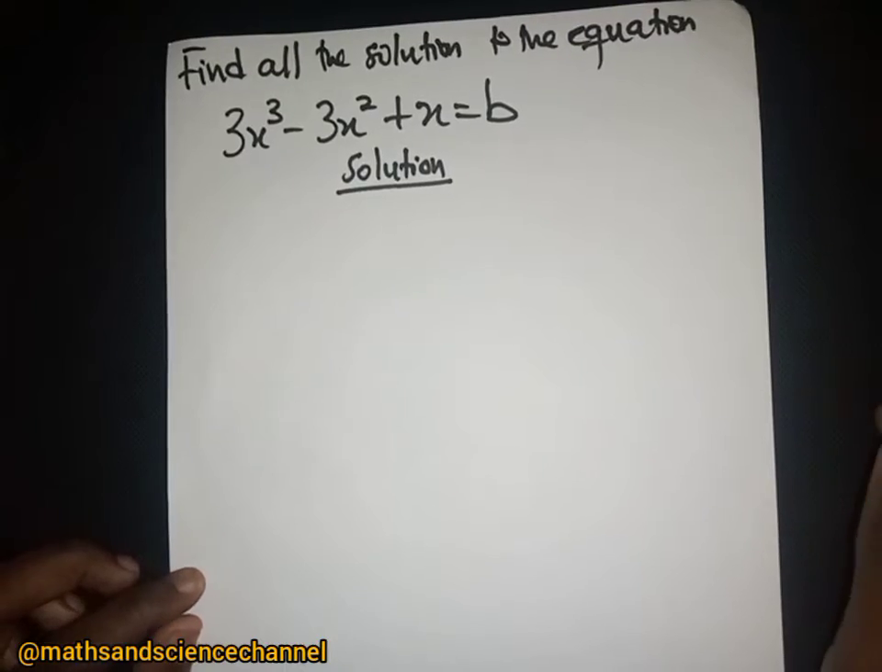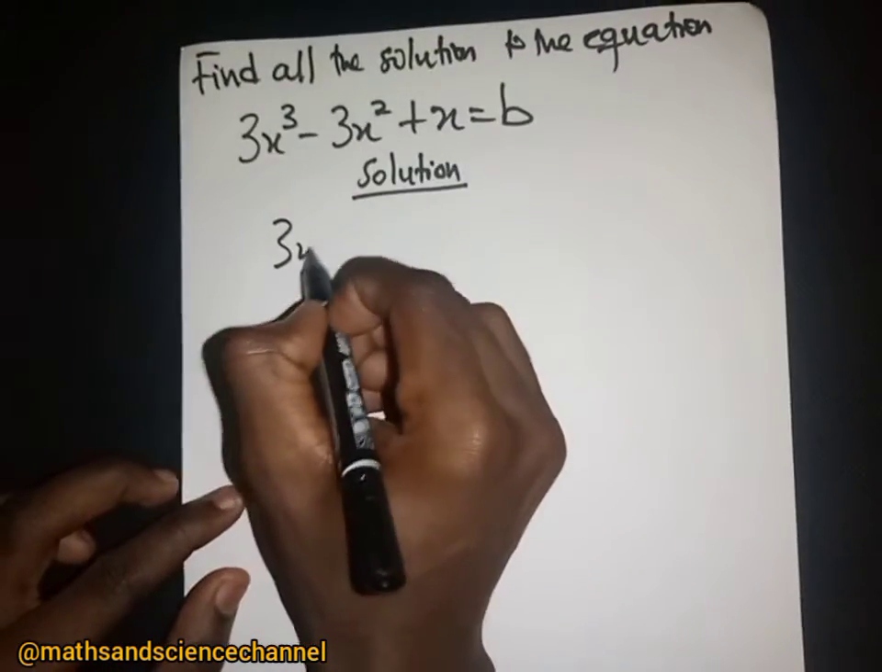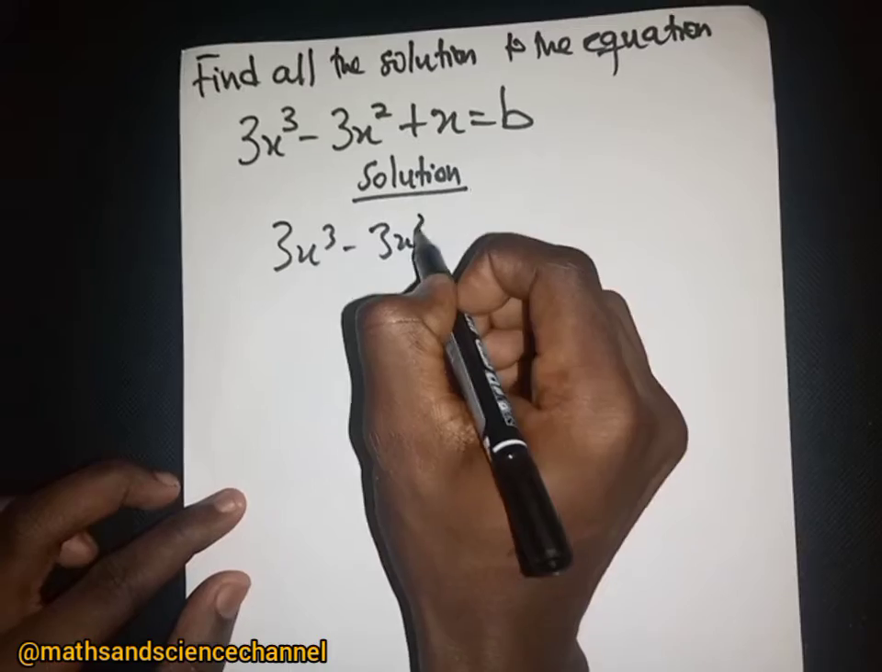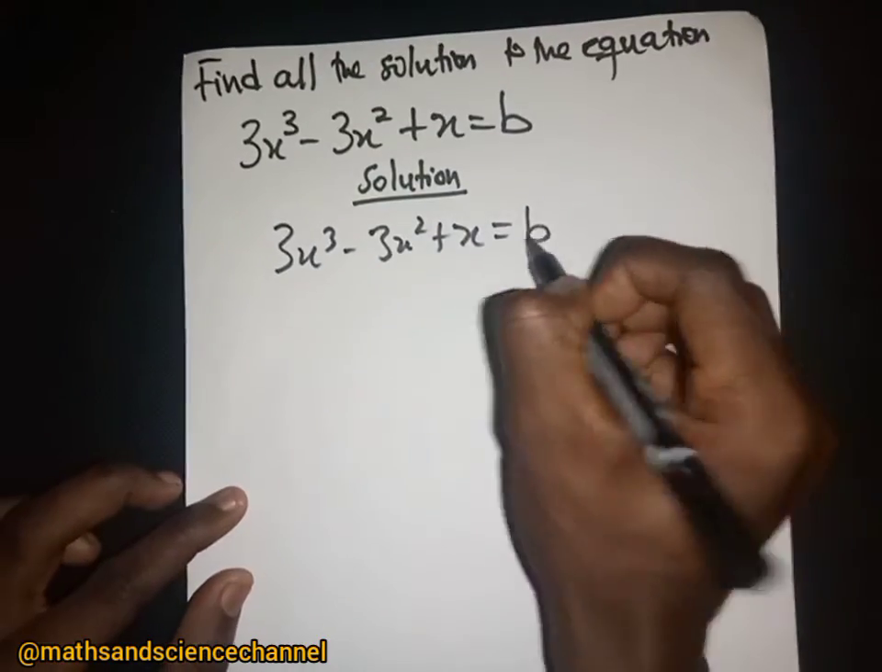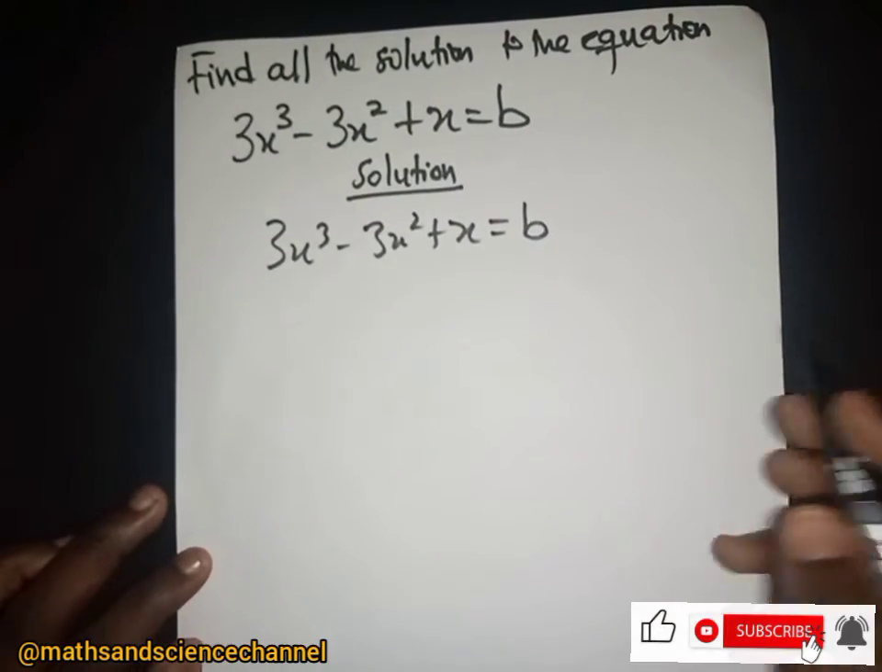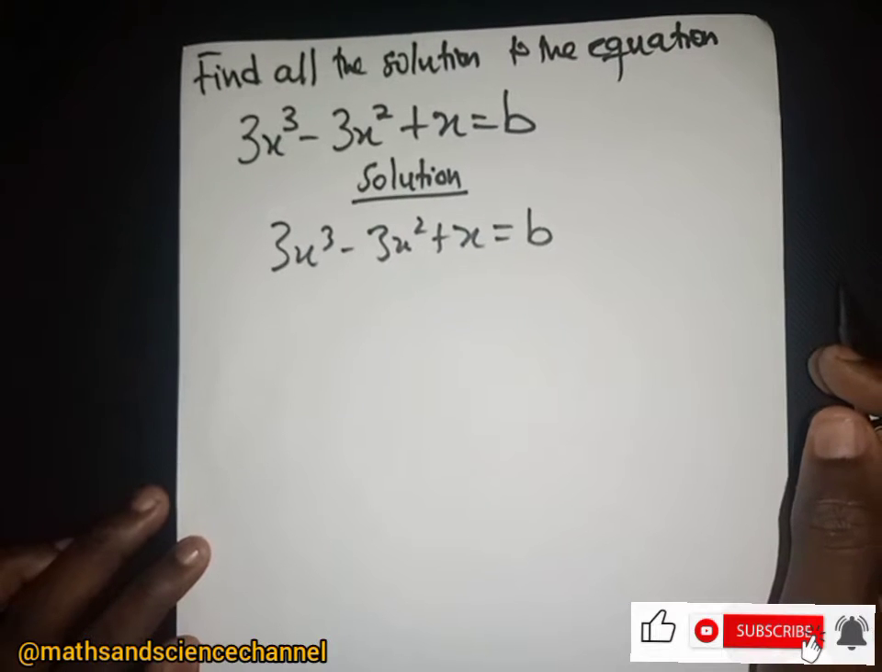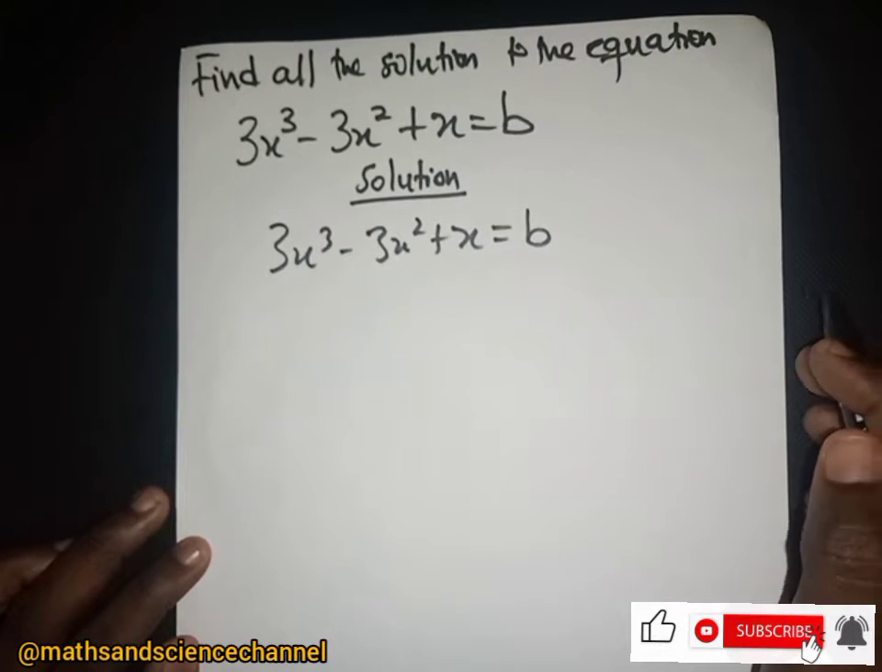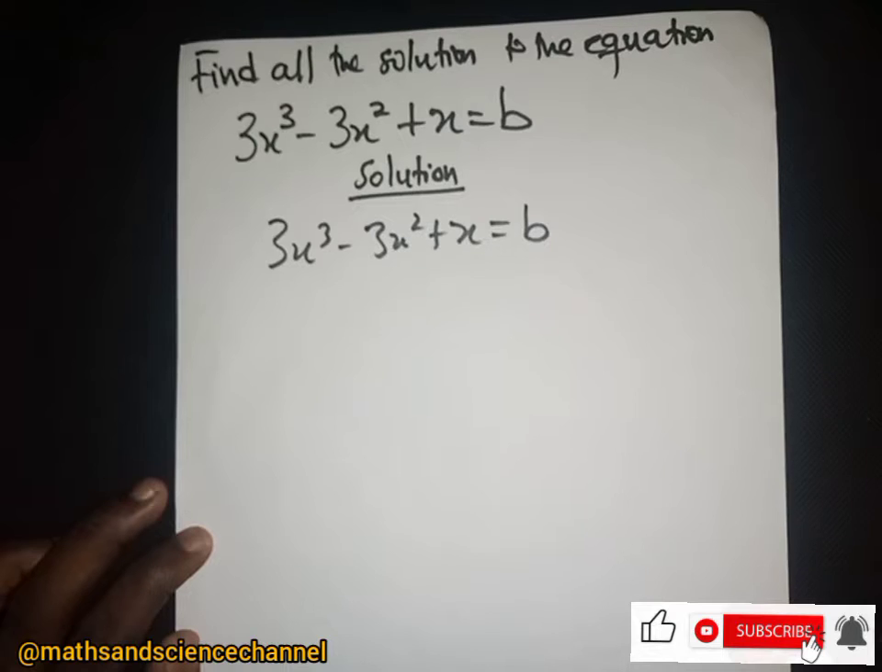We are to find all solutions for the equation. So we have 3x cubed minus 3x squared plus x being equal to b. So this is what we have now. What I'm going to do next is we want to find the possible values of x, but in this case